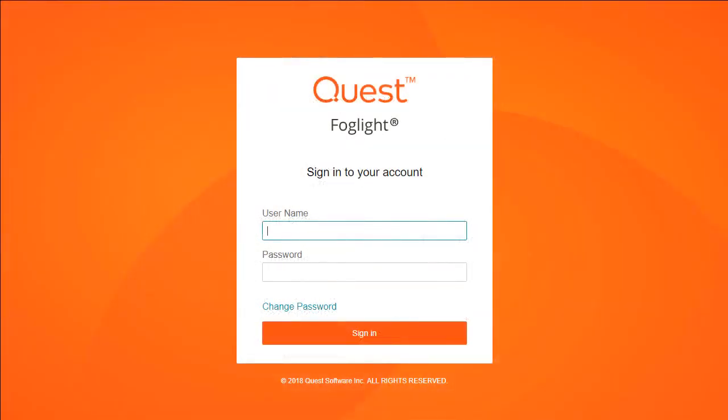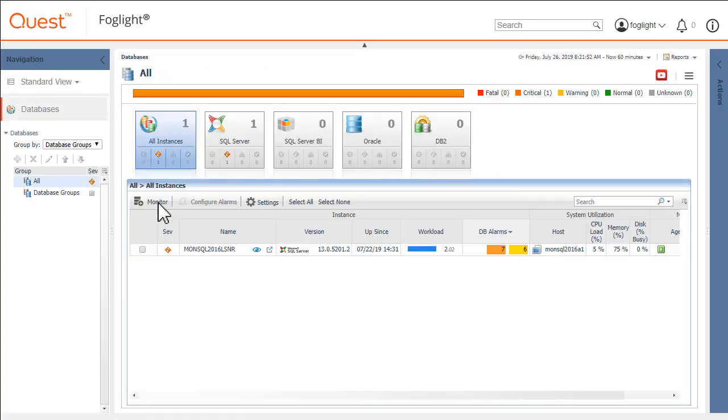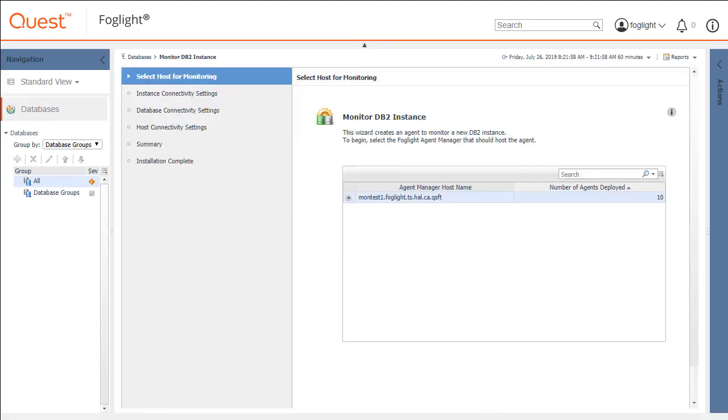To add DB2 agents for monitoring, first log into the Foglight console and access the database's dashboard. Then click Monitor and select DB2. The Monitor DB2 Instance Setup Wizard should display showing the Foglight Agent Manager selection view. Use this screen to select the host that the Foglight would use to create the Foglight DB2 agents on for